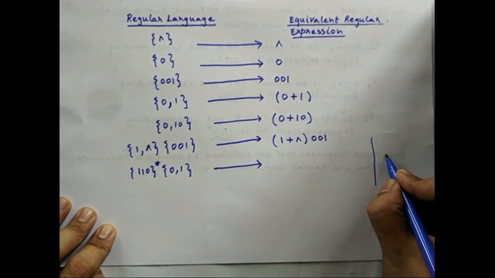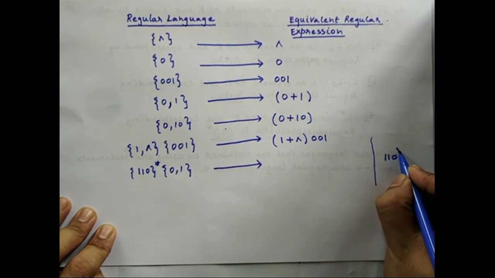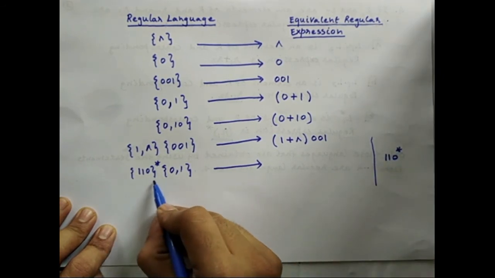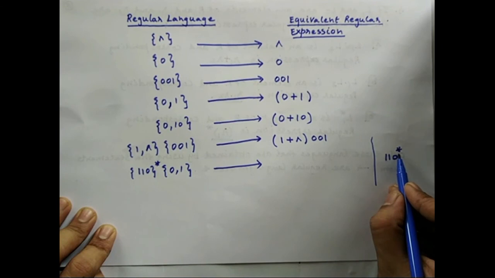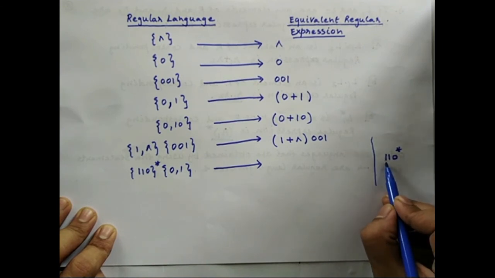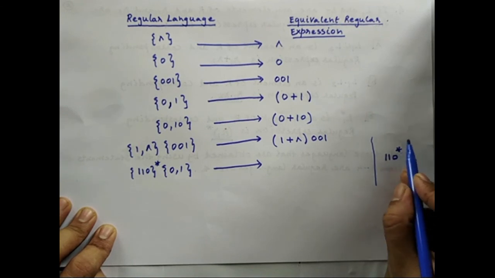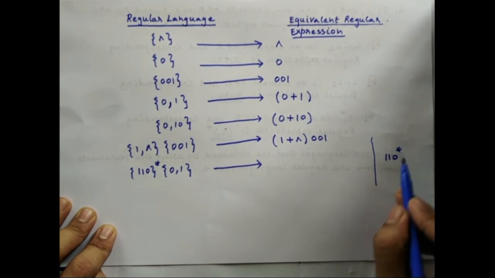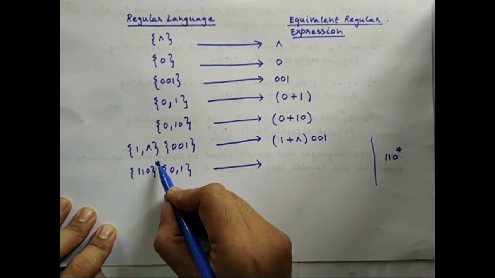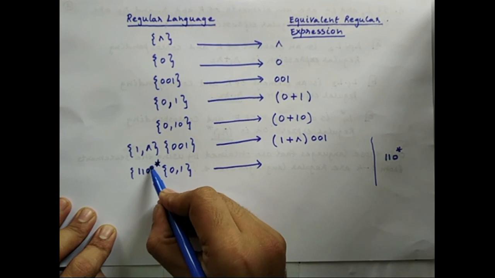If I simply write 110* and ignore the curly brackets, it simply means that 1 appears exactly once, this 1 also appears exactly once, but this 0 can be repeated 0 or more times. But you know very well that this Kleene star operator here is actually applied